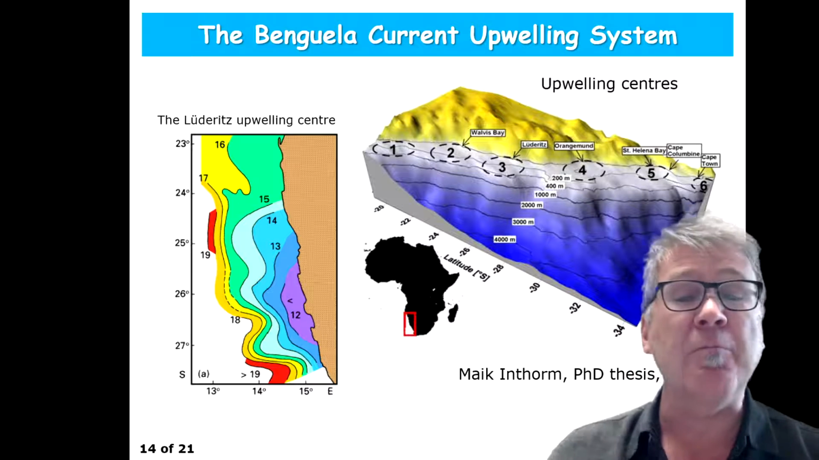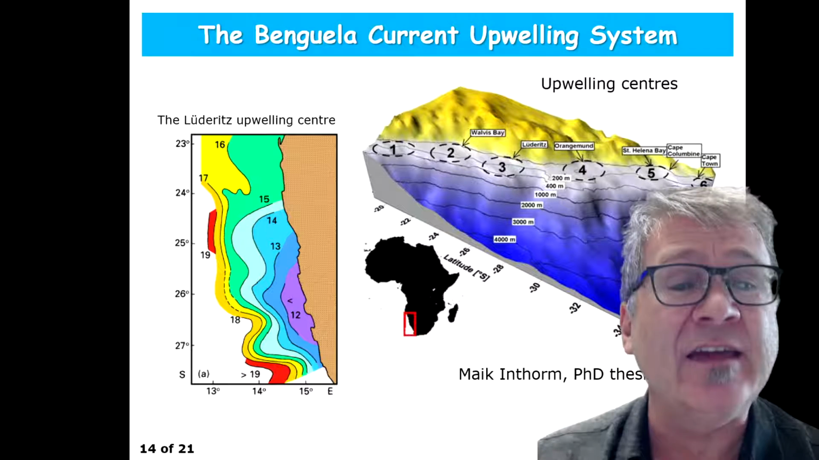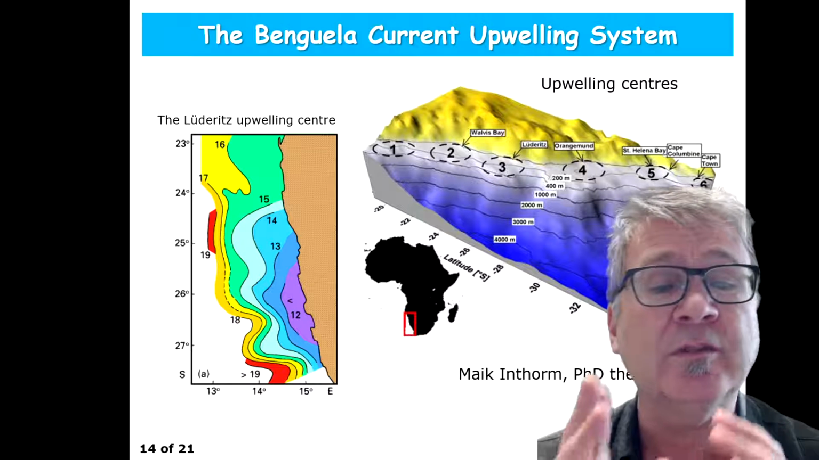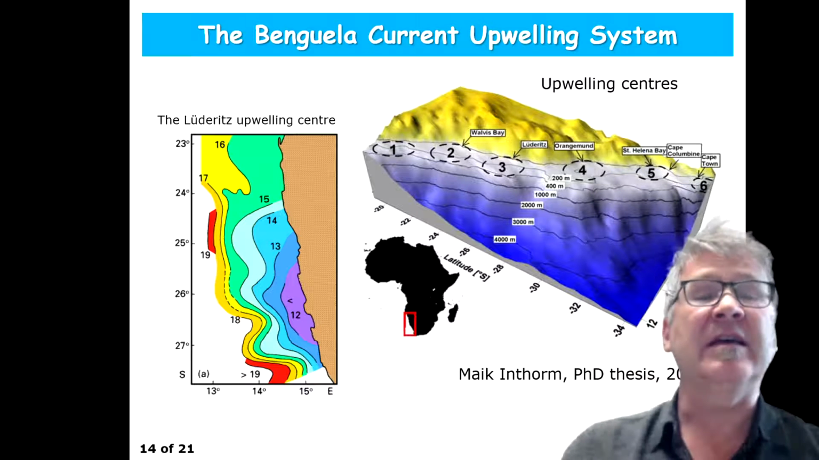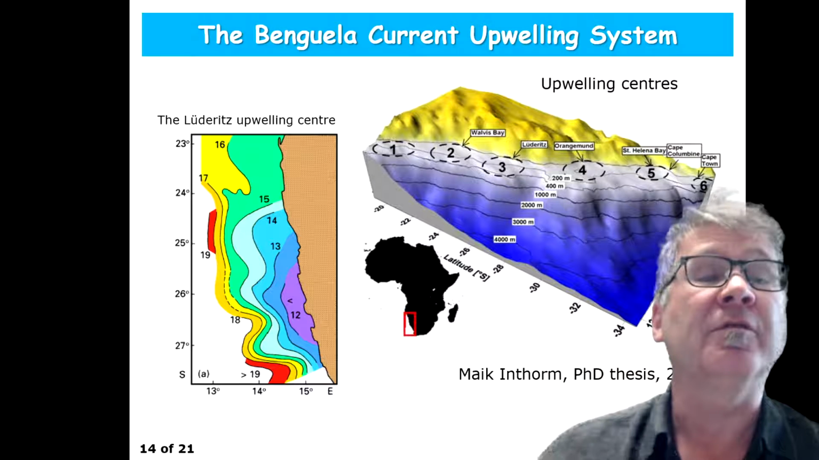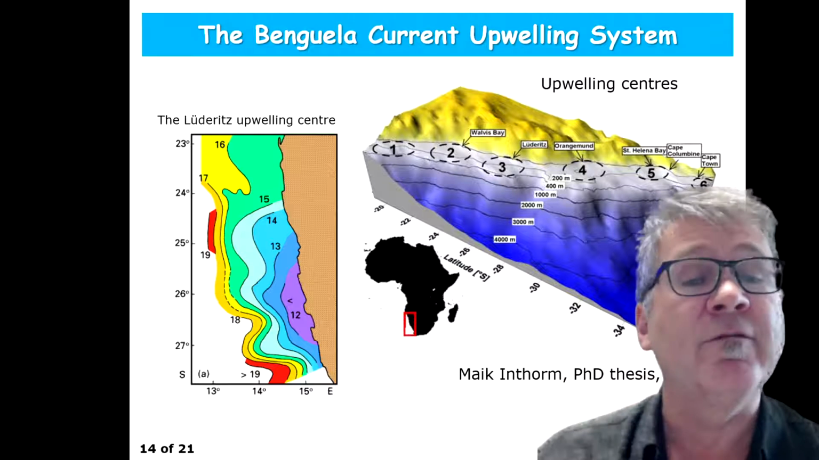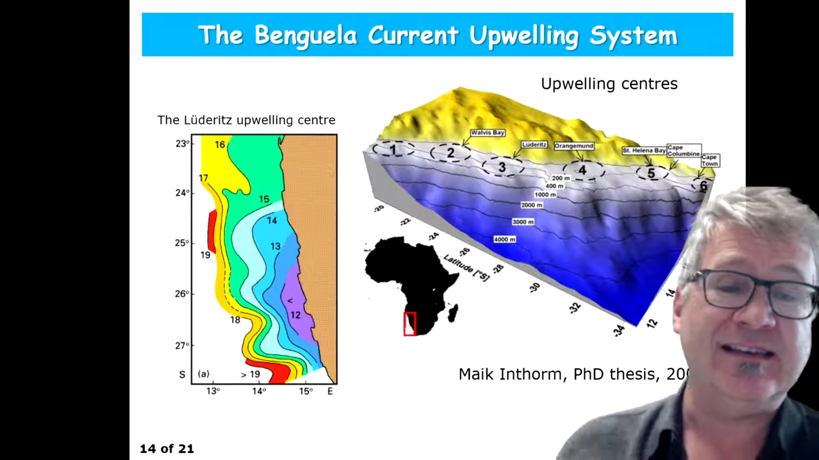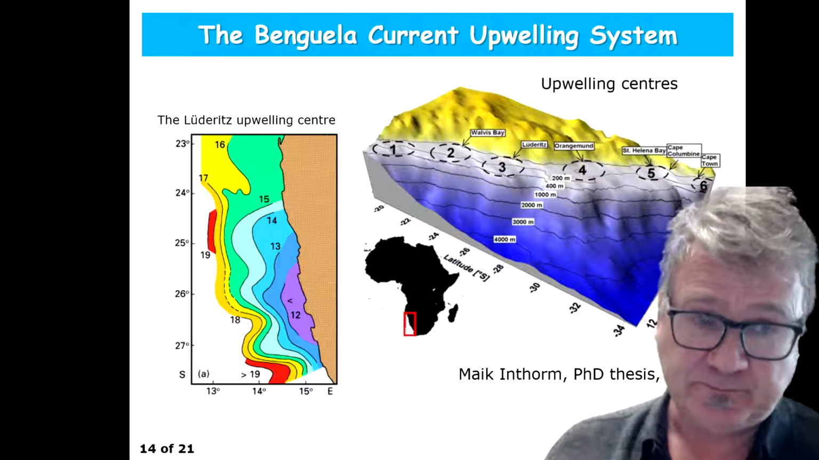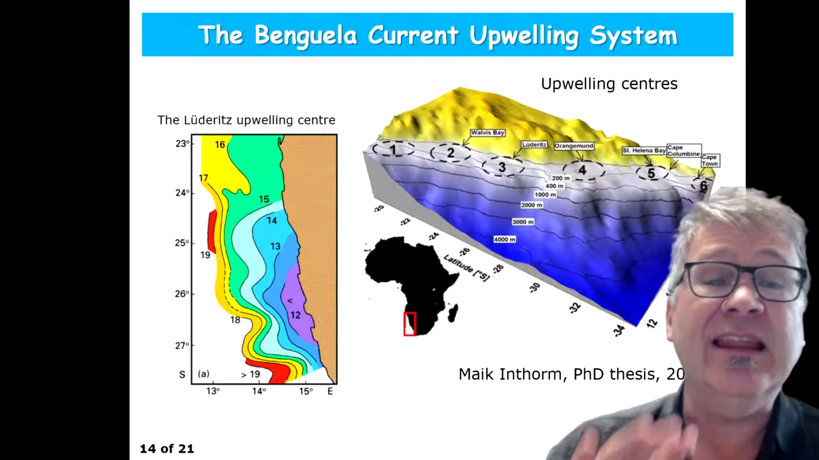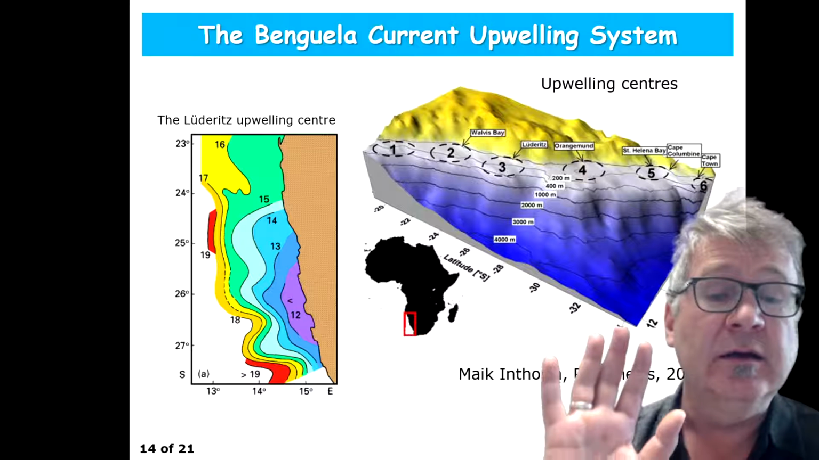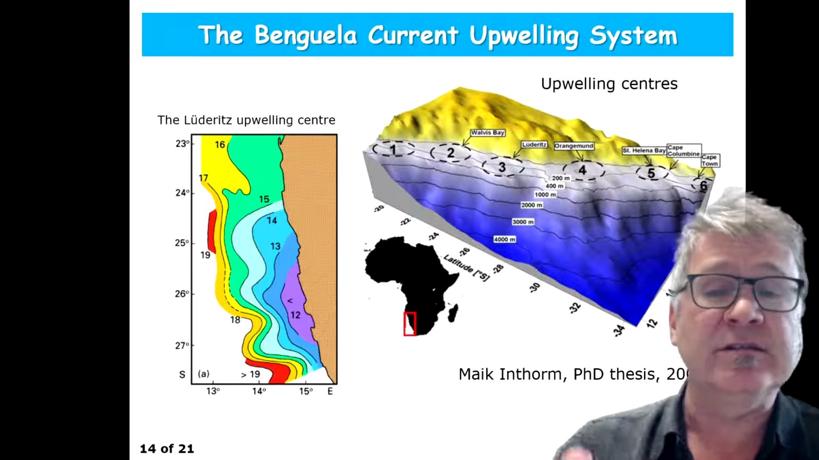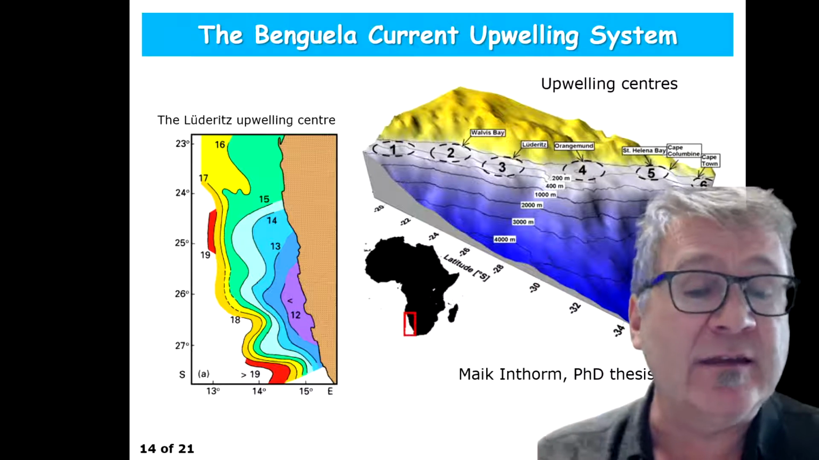And part of the upwelling system is the creation of an upwelling jet. And so what this map shows is that the Benguela Current creates actually a set of upwelling centers. There are actually 6 upwelling centers. And the left image shows evidence of one of these upwelling centers, the Lüderitz upwelling center, in terms of